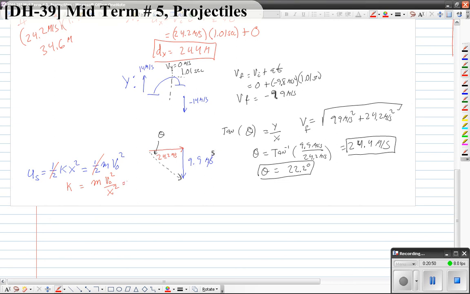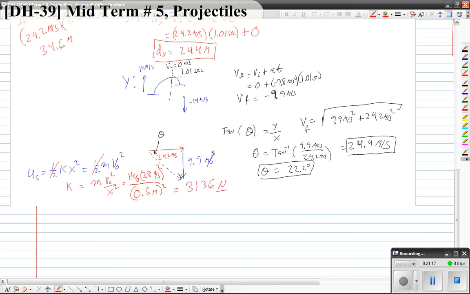Or plugging in the numbers, the mass is 1 kilogram, which is a fairly beefy arrow, times the launch velocity, the entire launch velocity, the 28 meters per second, not just the components, don't forget to square, divided by the distance that it was stretched, which was 0.5 meters. Square that, and that should give you a spring constant that is